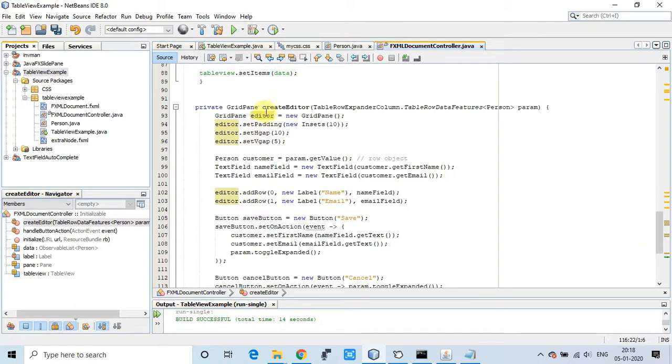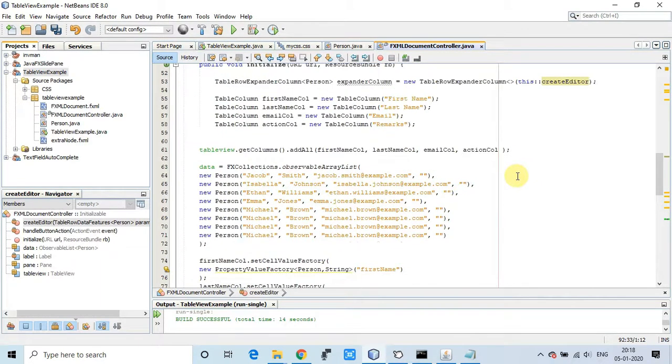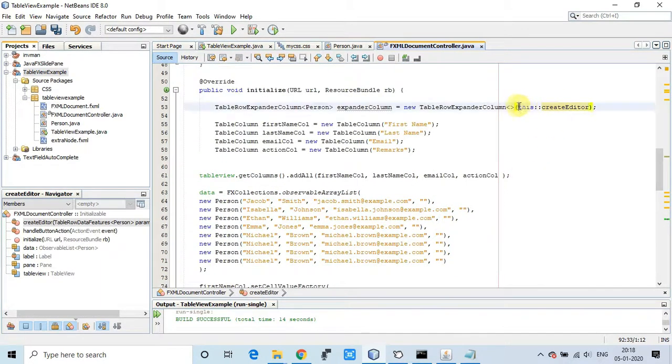because this is the small arrangement that will appear when you click on the plus expander column. Okay, so the create editor is providing the arrangement to display that extended view, and this is the very important thing that we have to call like this, double colon, the method calling. Okay,